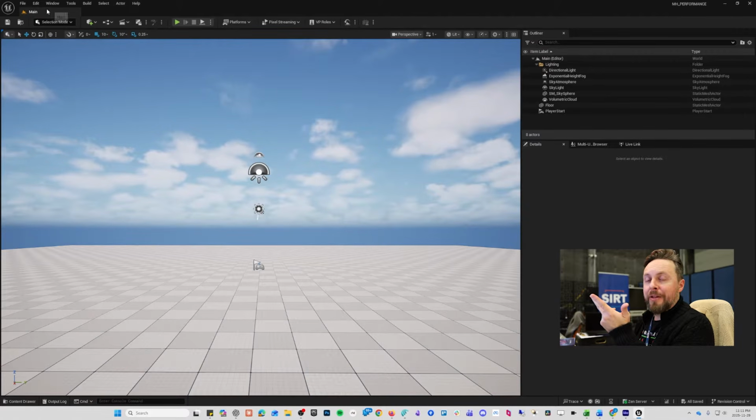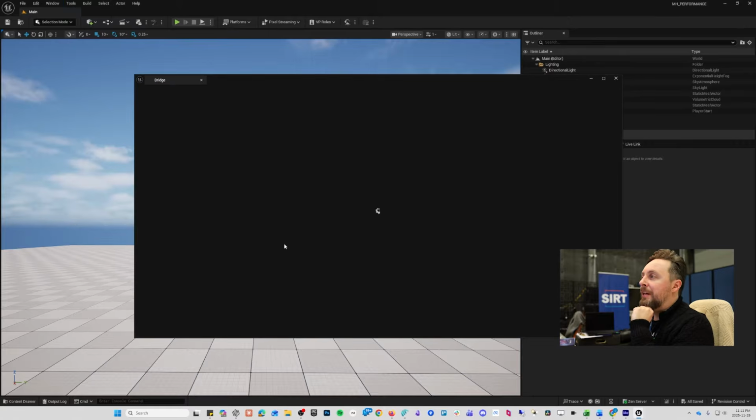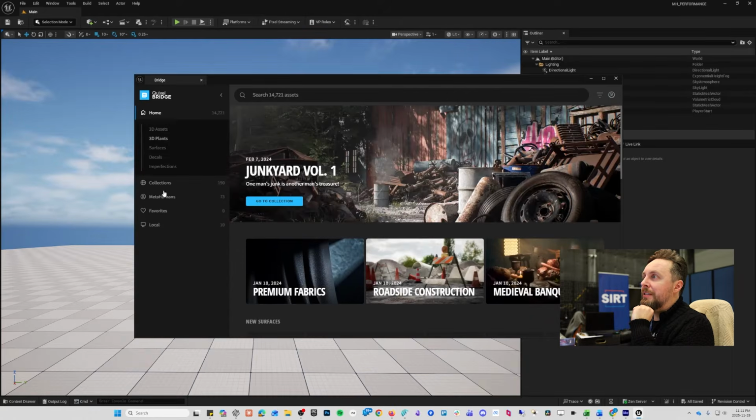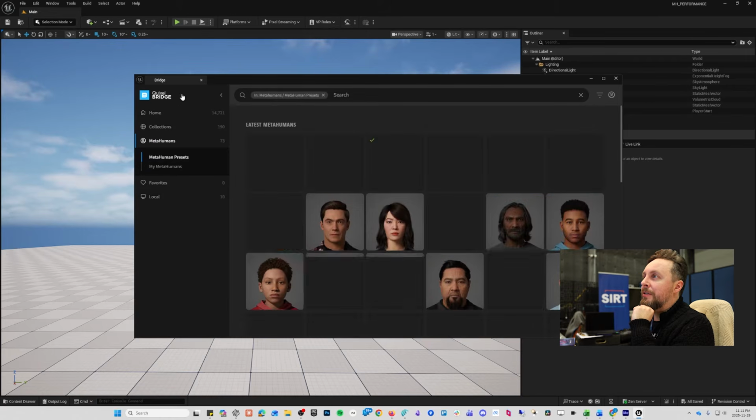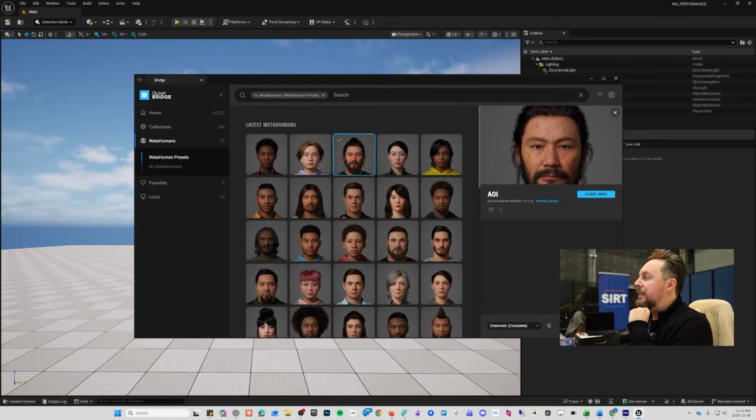All right, after that, let's bring in a metahuman. If you've never worked with metahumans before, you can get one off Quixel Bridge. That's one of their pre-baked examples, and that's a good place to start. So if you're in Bridge, you click on metahumans, you see these presets. You can pick any of them, click on them, download, and then add to the project. It'll take a little bit to download. They're pretty big packages, but once it's there, it keeps it in your library, and you hit add,